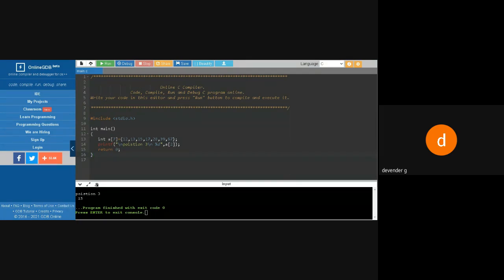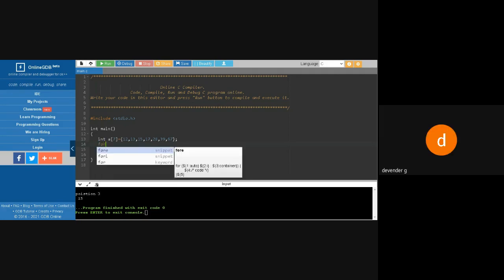For this, we are going to use the loop concept. So how will we do this? I'll go to any one of the loops. How many types of loops have we learned? We have come across 3 different types of loops. What are those? Anyone can answer? Also known as iteration. Yes, while loop, do while loop, for loop. Very good. So I'm going for the for loop.